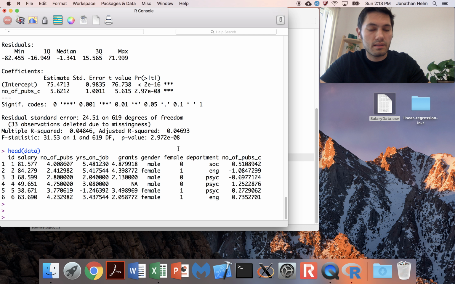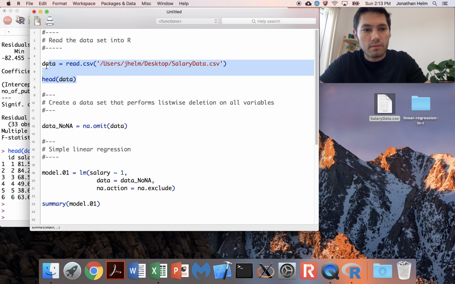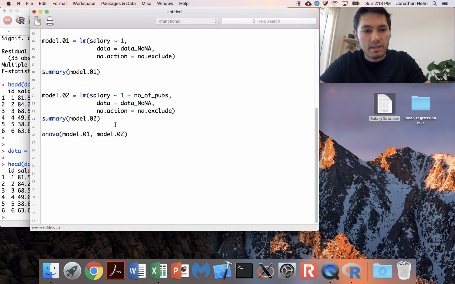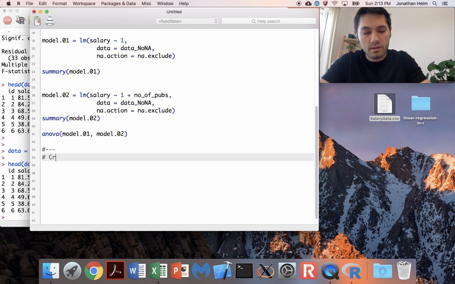you'll see that I've actually already created number of pubs C, which is a centered version of the number of publications. But actually, let me go through those steps again. So I'm just going to start from up here. I'm going to read in the same data set. I'm going to create a centered version